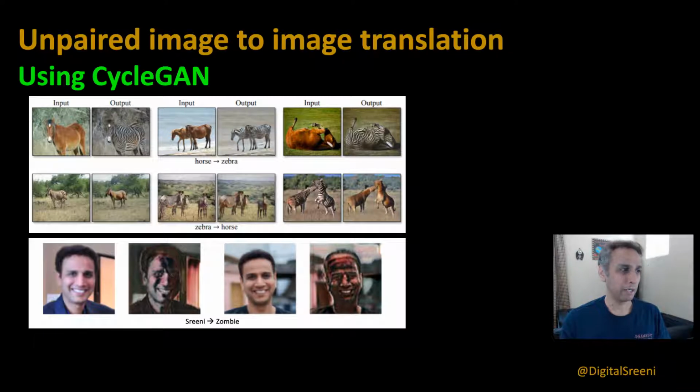zebras. I also experimented with a whole bunch of images of Srini, myself, and a whole bunch of images of zombie, and then see if I can convert myself into zombie. I only had like 25 images of each. They're definitely not enough for deep learning, but you can clearly see how I am a bit zombified a little